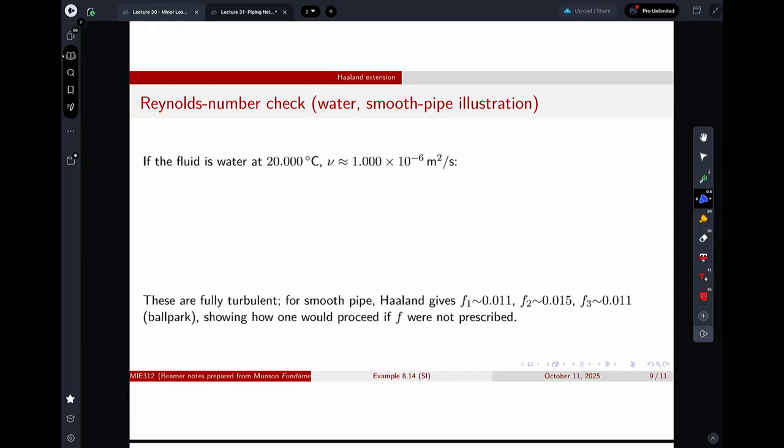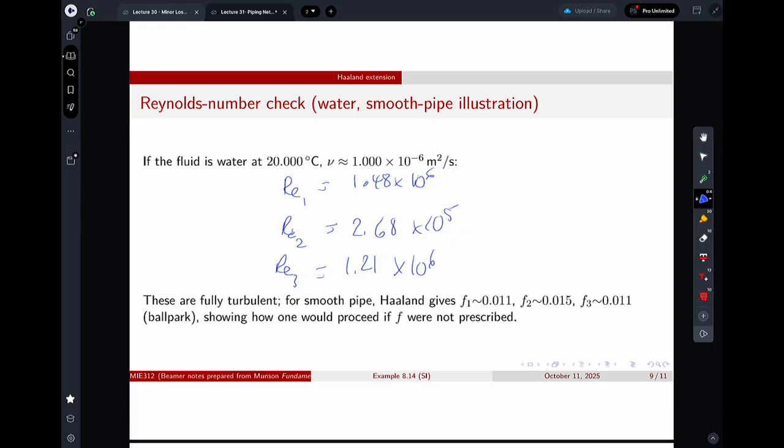you'll get Reynolds number 1 of 1.48 times 10 to the 6th. Reynolds number 2, which is 2.68 times 10 to the 5th. Reynolds number 3, which is equal to 1.21 times 10 to the 6th. You can check against Haaland, and you will end up with f1 is 0.011, f2 of 0.015, and f3 of 0.011, which is roughly the numbers they gave you in